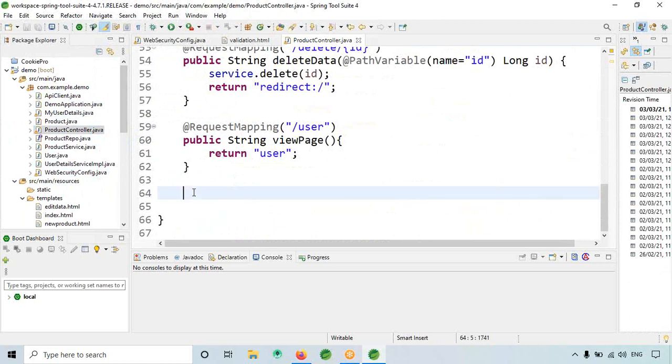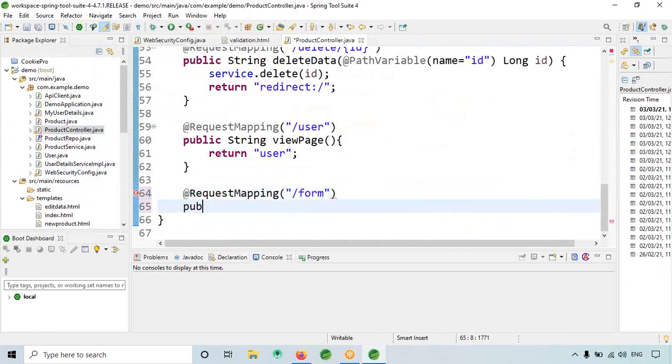Okay, so here I will write @RequestMapping. Here if I give form, it has to go to public String login page.